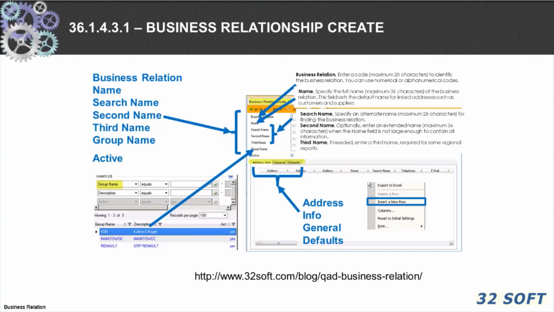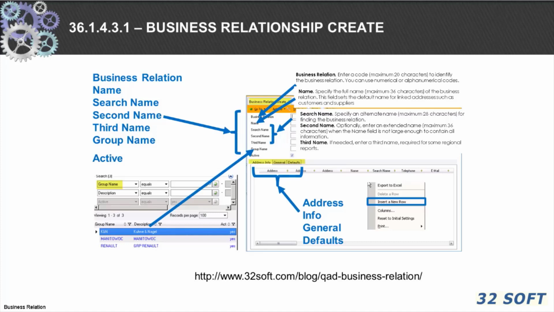In QAD EE, before you do almost anything in QAD regarding suppliers, customers, banks, domains, etc., one needs to establish the business relationship. As we've spoken several times before regarding the creation of these various elements of the QAD data structure, the first step in defining a supplier would be to create its business relationship.